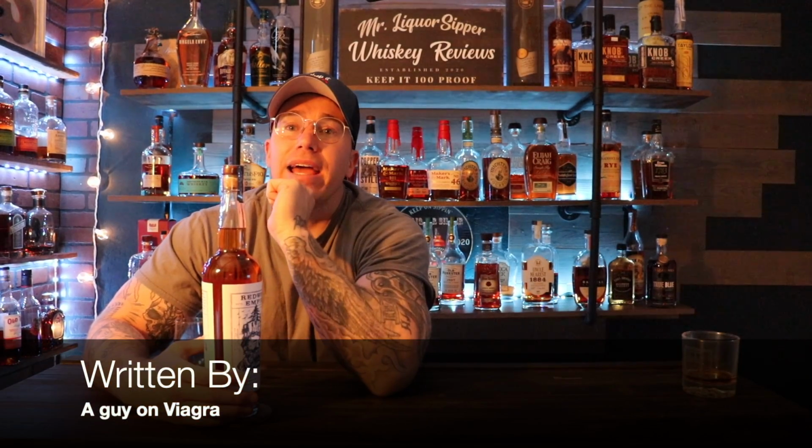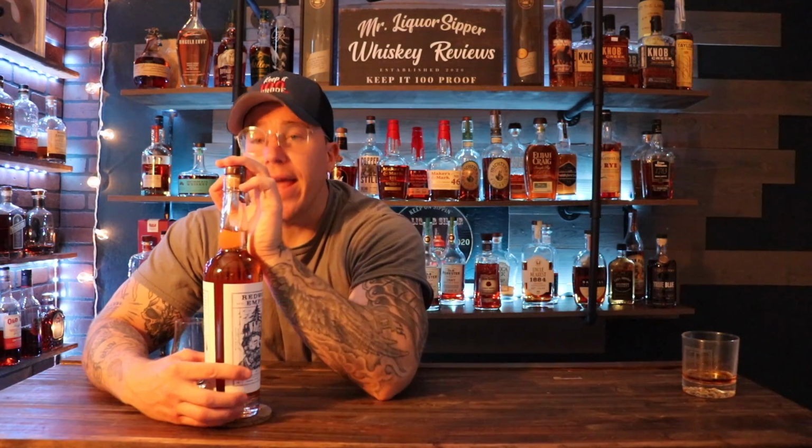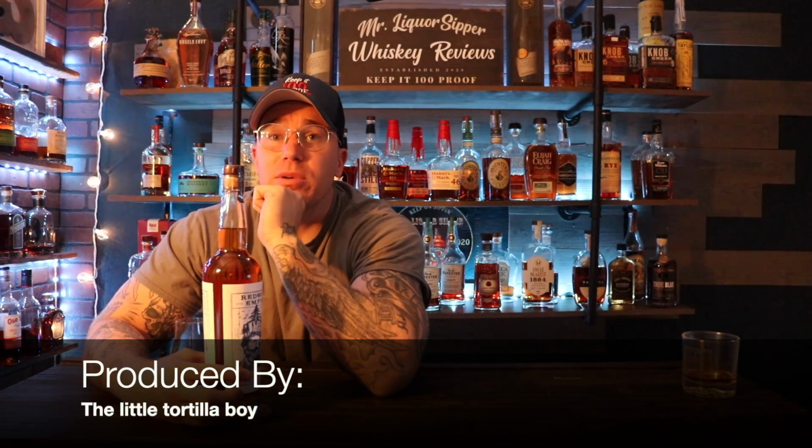The proof comes in at a 90 proof. The age is at 3 years, but according to the company website, a blend of 4 to 12-year-old bourbon and 3 to 5-year-old rye are included in this bottle right here. So the mash bill will be a blend of